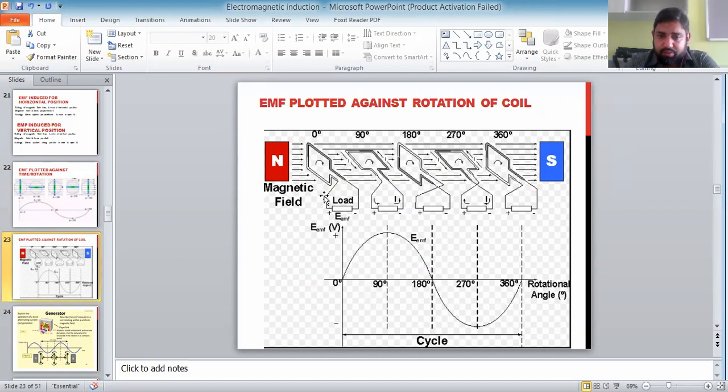At 0 degrees, we have started the rotation from a vertical position. So in vertical position, EMF is labeled 0. In horizontal position, we got a maximum EMF value, and vertical again 0. In 180-degree flip horizontal, EMF is negative maximum, and again vertical back to the initial position, that is 0. You can call it a sinusoidal waveform, but that depends upon the position of the coil. If the position of the coil is horizontal, then your graph will be starting from the maximum value.